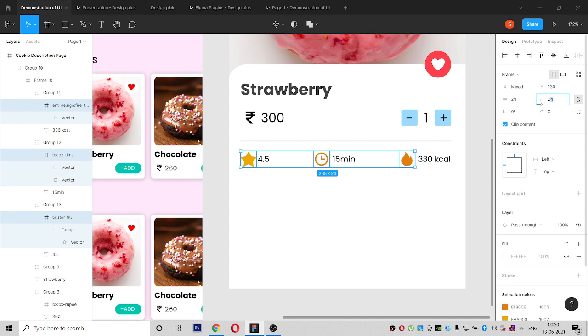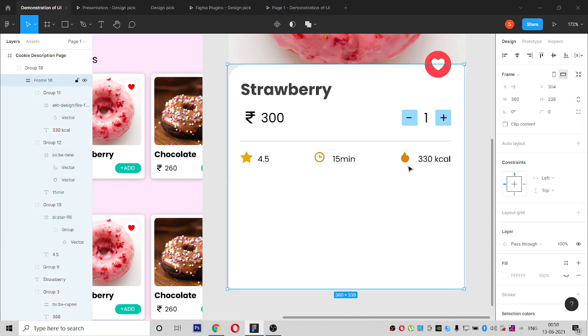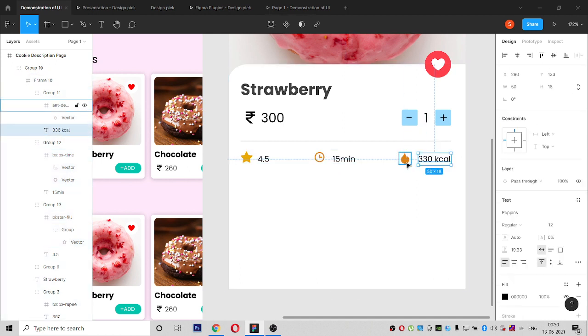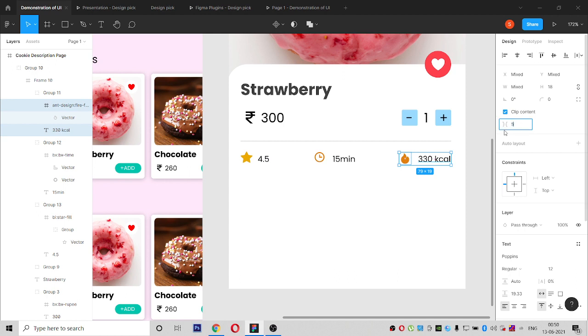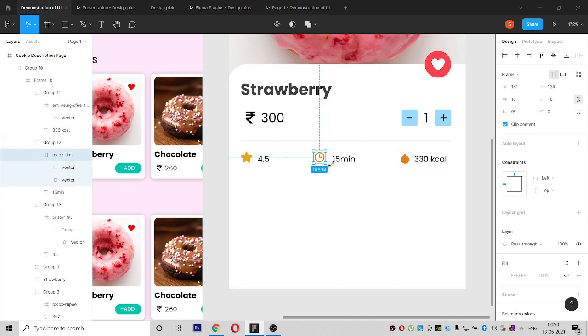Fonts are too big, it's not looking good. So I will change to the needed size.